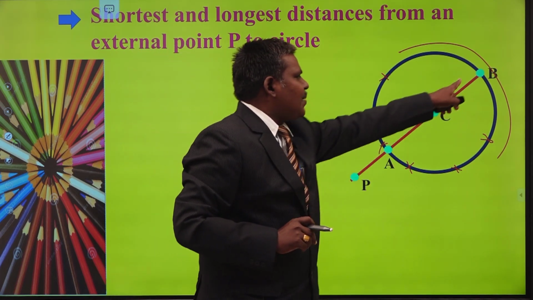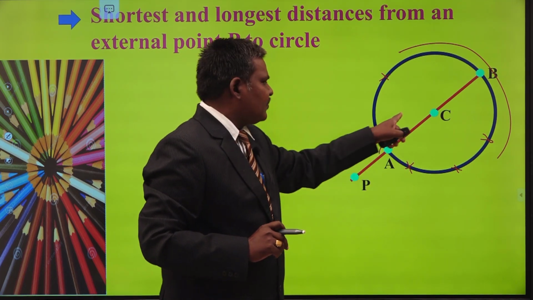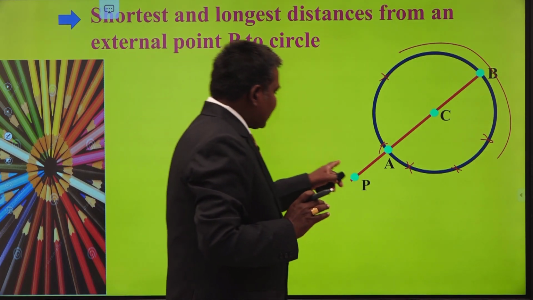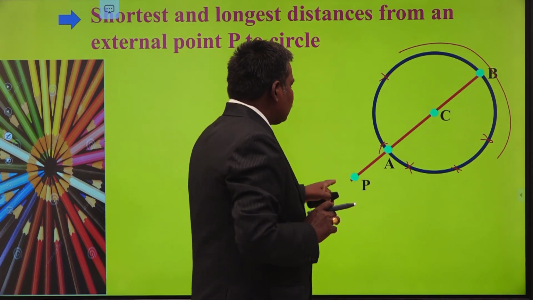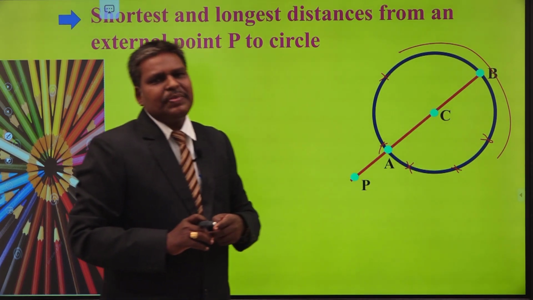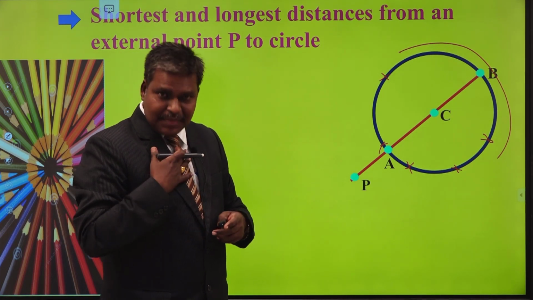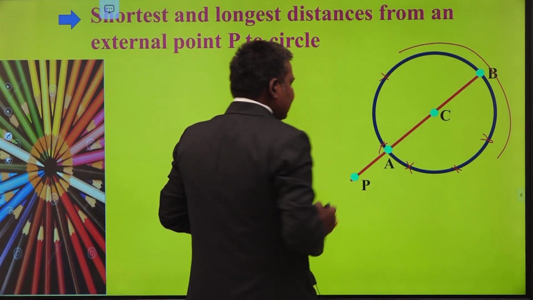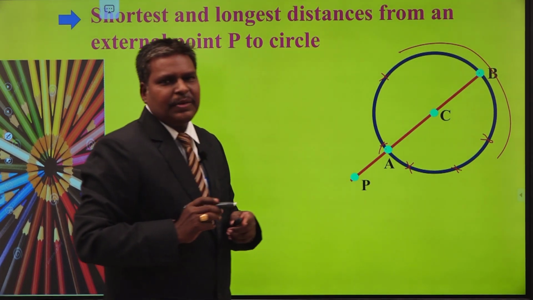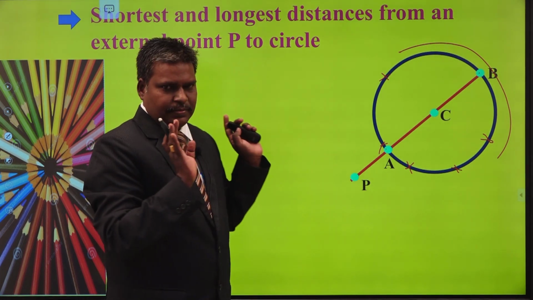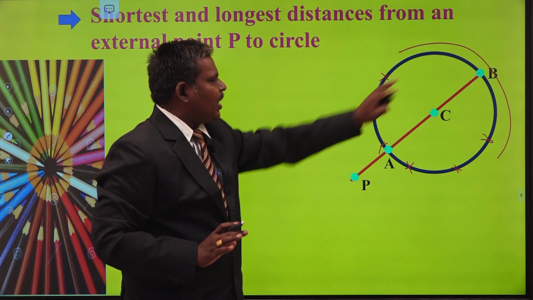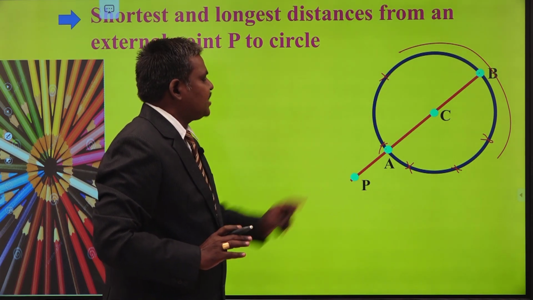Now, my question is, is it a diameter or not? Any chord passing through the center of the circle is always a diameter of your circle. Understand? So, this is the given point, this is the center of the circle. Join C to P, the line intersects the circle at 2 points, these are the extremities of a diameter of the circle. I am saying, this is the nearest point to point P and this is the farthest point from the same point P to the circle, by the diagram itself. All of you agree, this A is nearer to this point, and that point B is farther from this same point P.